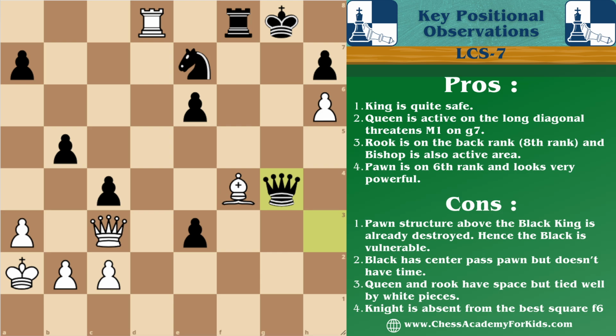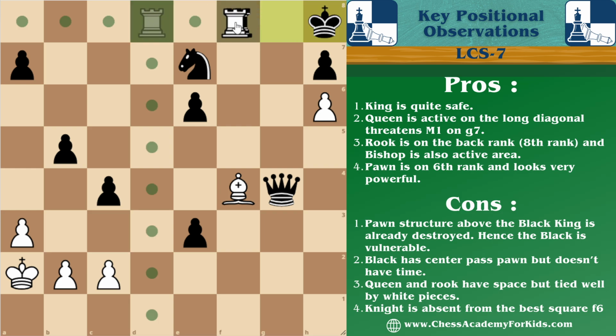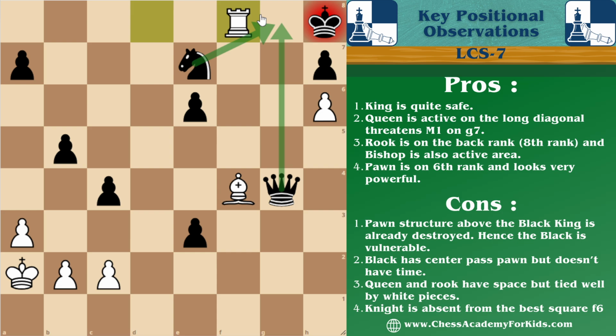Alright, if you found Queen h8, brilliant. This is a completely unbelievable move. King captures queen. After that, rook captures rook. Now, here black has two options, either knight g8 or queen g8. First of all, let's see knight g8,